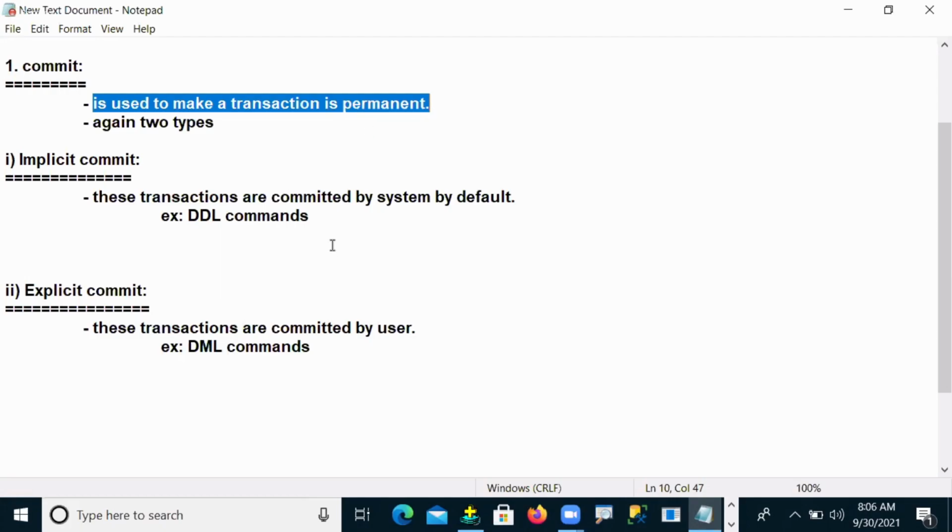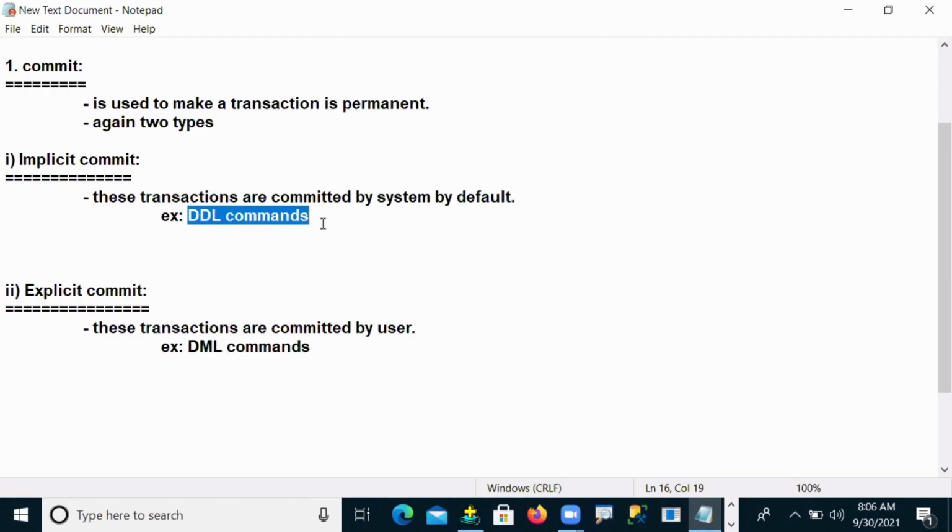So finally, implicit transactions and explicit transactions. Implicit transactions are committed by the system by default, automatically. DDL commands are the best examples of implicit commit, because for these operations the user need not commit; the commit is taken by the system automatically.